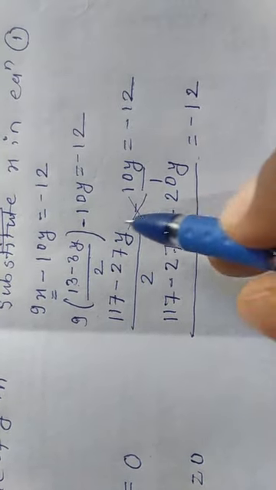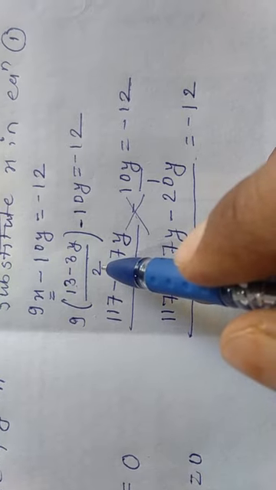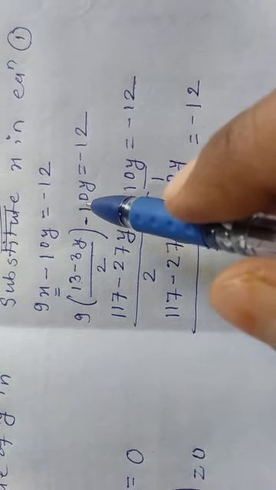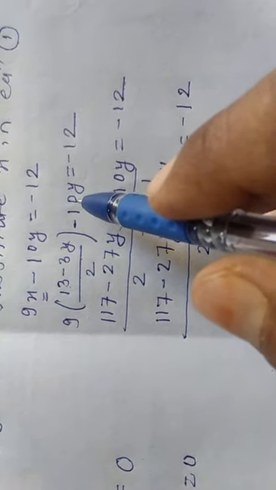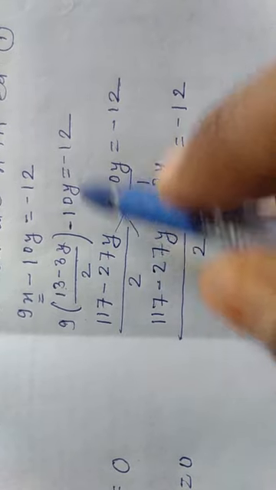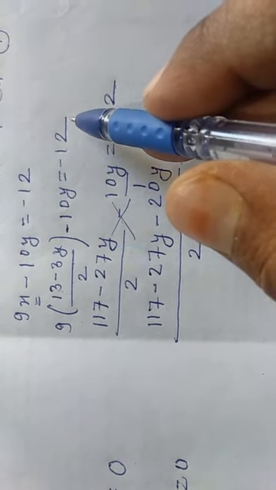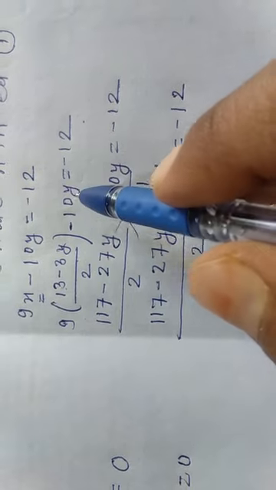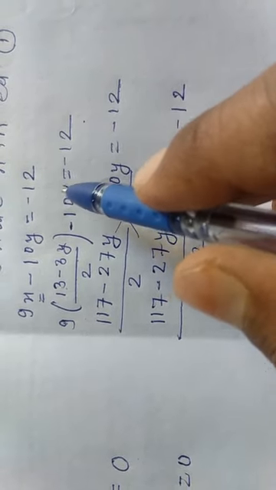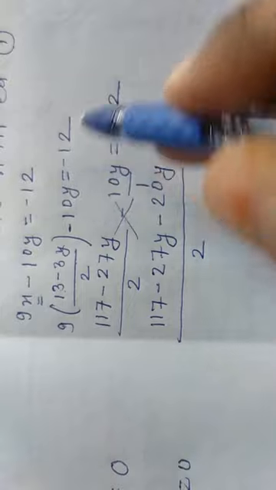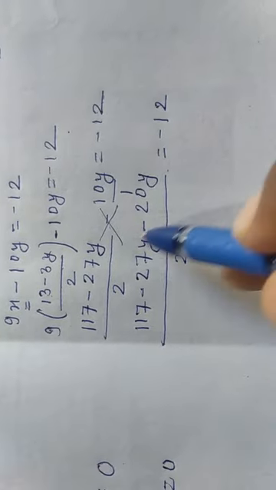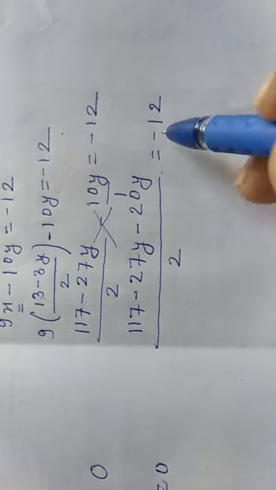So sometimes most of the students are doing this: they directly shift the 2 towards the right hand side without multiplying with this 10. So that's why they are getting the wrong answer. While taking this 2 towards the right hand side, before taking it we have to first multiply it with whatever the term is there. इसके साथ multiply करके ही हम उसको भेज सकते हैं, direct नहीं भेज सकते. So मैंने यहाँ पे पहले cross multiplication किया है. Now I will take this 2 towards right hand side.